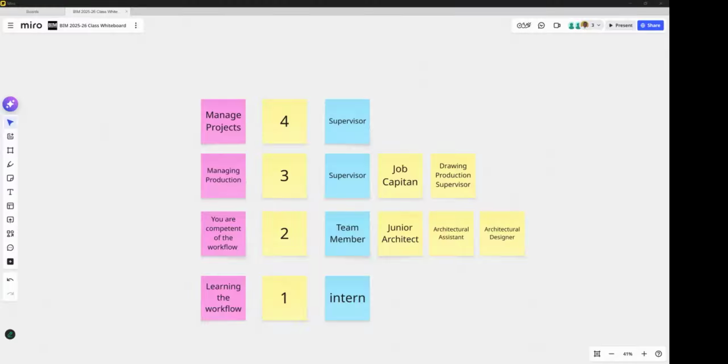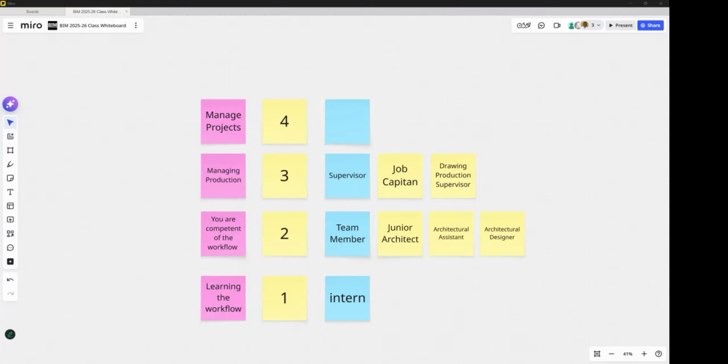Are you hearing Joshua? Yes, sir. Right. So what do you think is the difference between the production manager and a project manager? What do you think they do differently? We're talking about drawing production here in an architectural firm.